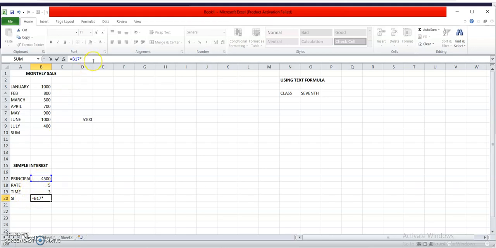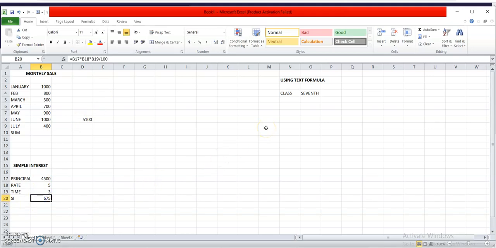So simply we will write principal into rate, rate is B18, multiplied by B19, then dividing this by 100. Simply I will press enter and I will get the simple interest.